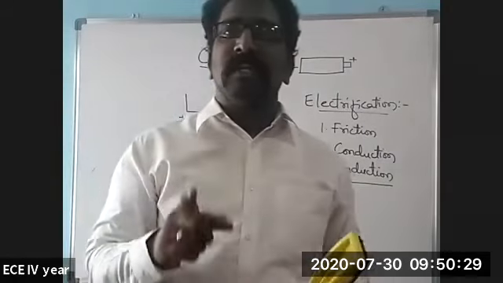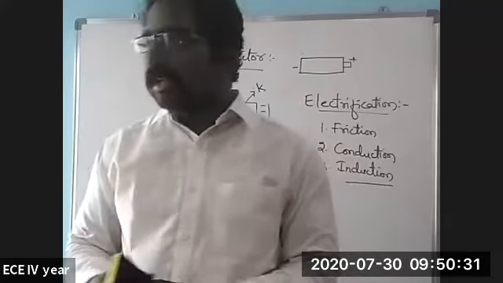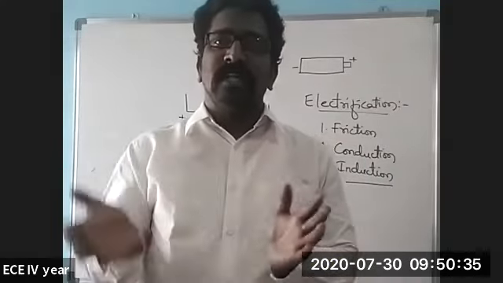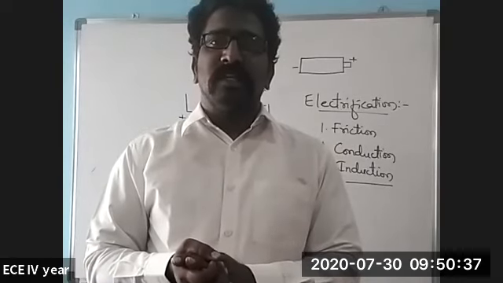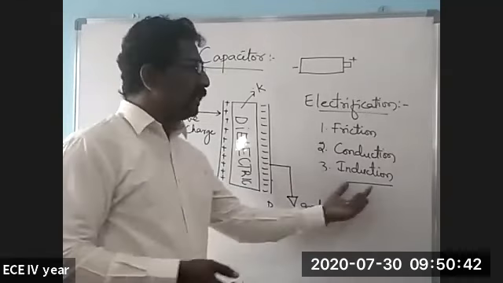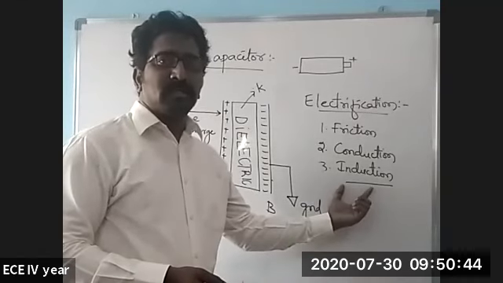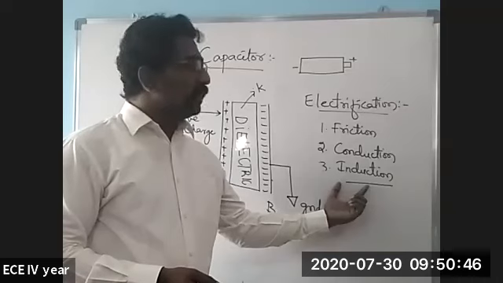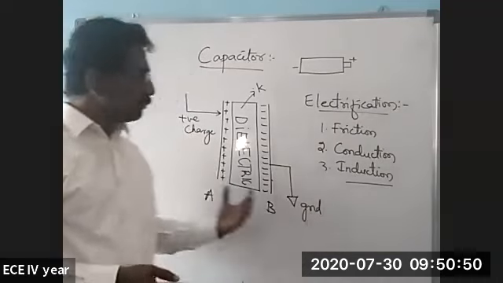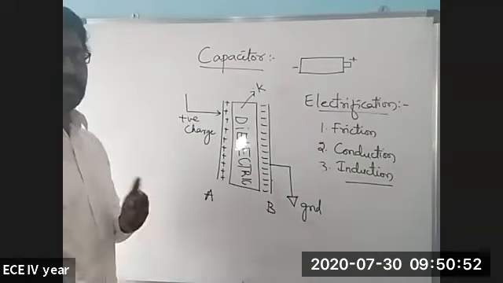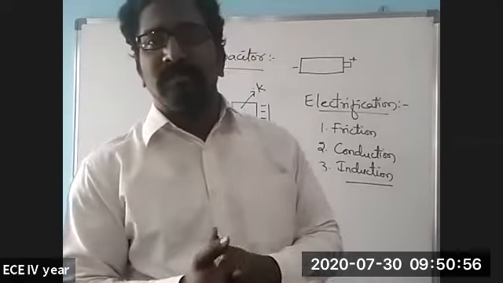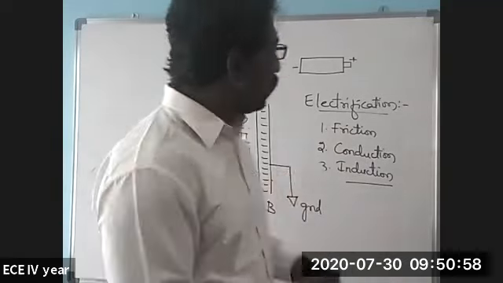A capacitor is a passive element which stores the charge, and the basic working function of a capacitor is to charge and discharge. So how is a charge stored? It is stored between these two plates with the help of a process called induction. Induction is one of the methods of electrifying a neutral body. So this is the concept of a capacitor. If this is clear for you, the next concept, the MOSFET capacitor, will be easy. Okay, you can take down this diagram.